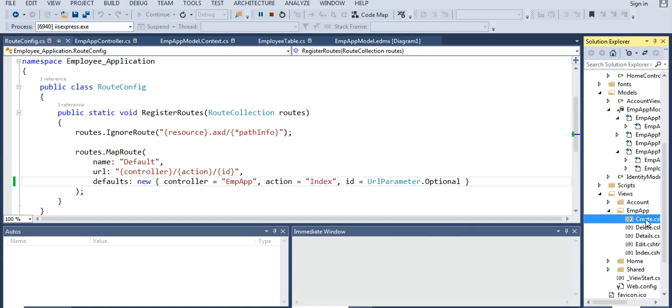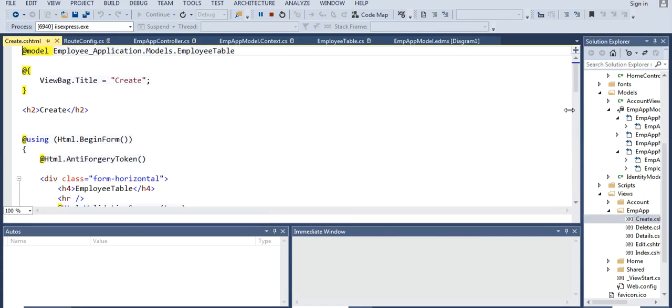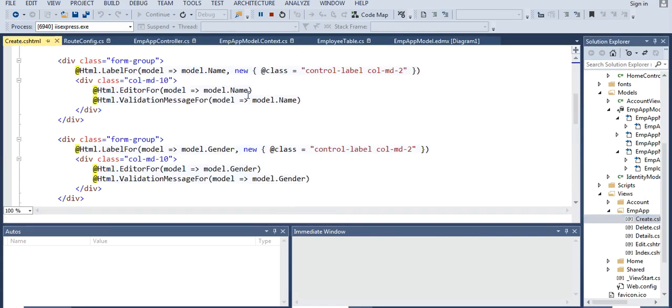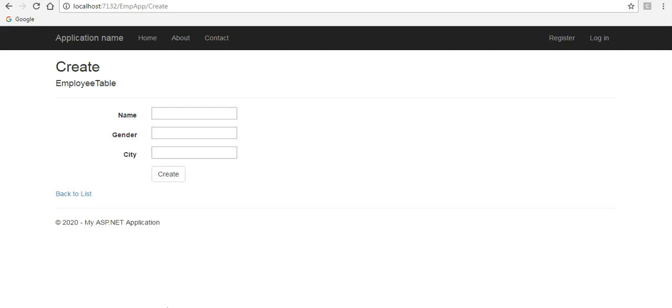As you can see, this view gets open when I click on create new. If you want to know all this in description, please let me know in comment section, so I will make another video for that also.